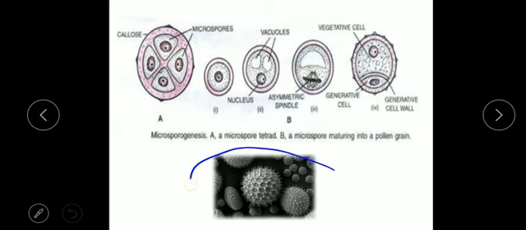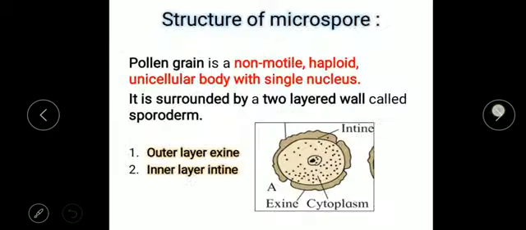Here you can see a 3D structure of a pollen grain where you can see a spiny structure, which is the exine. It's not compulsory that all plant species show such a spiny sculpture of the exine; it may differ from species to species. But just for example I have shown here that the exine is somewhat sculptured in most species of plants. Next is the structure of the microspore. Here we will see the structure of the pollen grain.